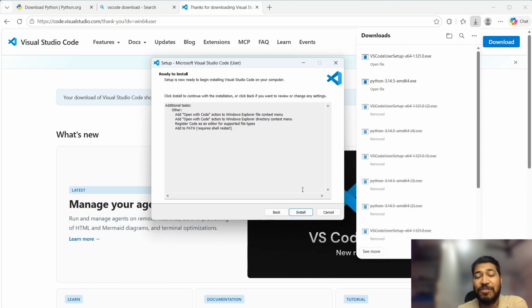Since this is already installed, I'm not going to click on install, but for you guys, you have to simply click on install, and in no time you will be able to install it within a minute. I would say a minute is too much. Within a second you will be able to get it installed in the system. Once that is installed,